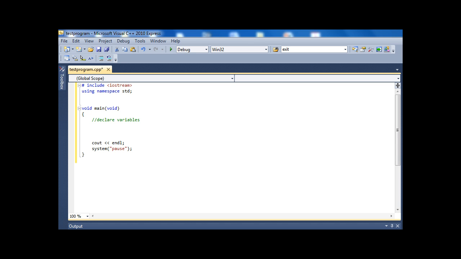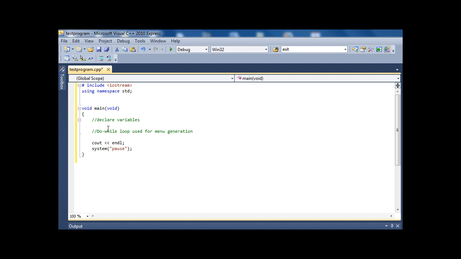In this program, we're going to look at the do-while loop, and one of the common uses of the do-while loop is to create a menu structure. So before we do that, let's just look at the structure of the do-while loop. I've got my basic program set up here, and I'm just going to put a comment that says do-while loop used for menu